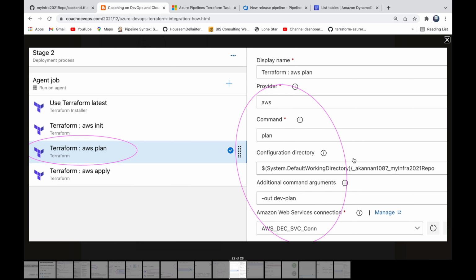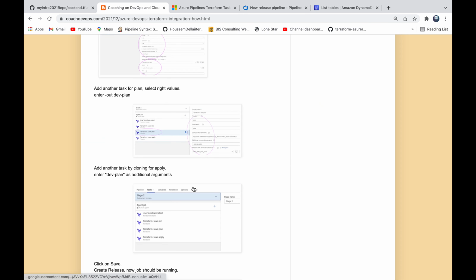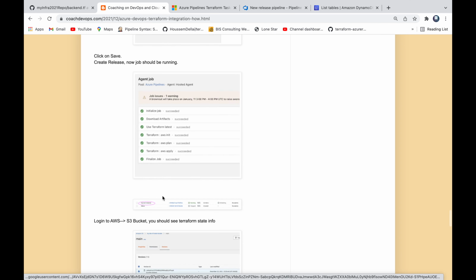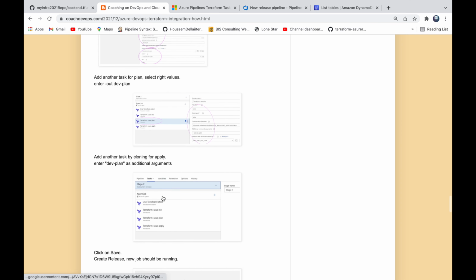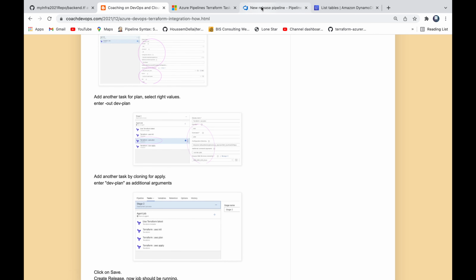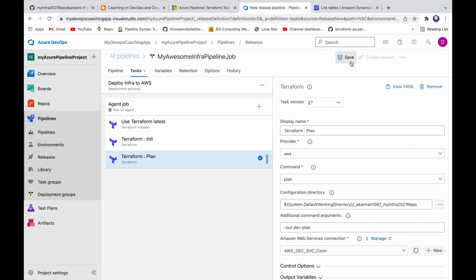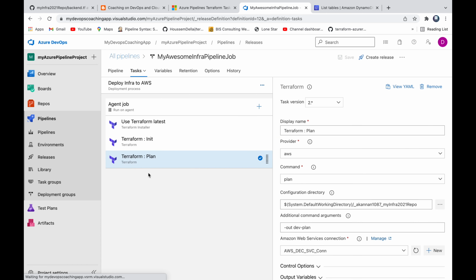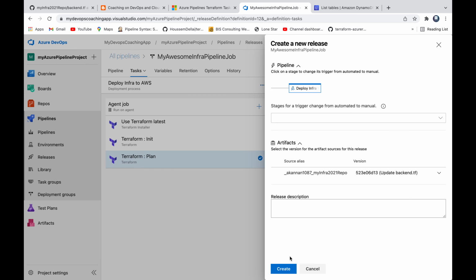So which we just did. Perfect. So before I go ahead and perform the apply command, let's do one thing. Let's go and run this pipeline. Let's make sure everything is looking good before we perform Terraform apply here. Okay. So let me save this and then click on create release and then say create,